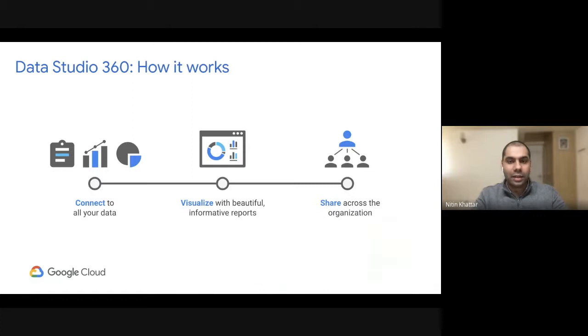And at the same time you can do a lot more on those particular reports. You can start analyzing, using it for any of your exploratory analysis. You can use it for doing any sort of cost analysis. You can do it for ad analysis. You can build all sorts of advanced dashboarding on top of it. And finally you can share it across the organization.